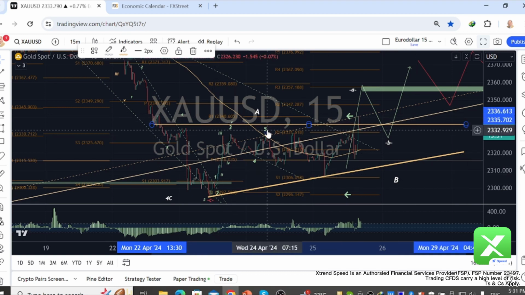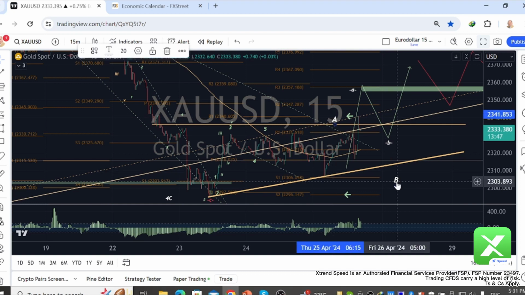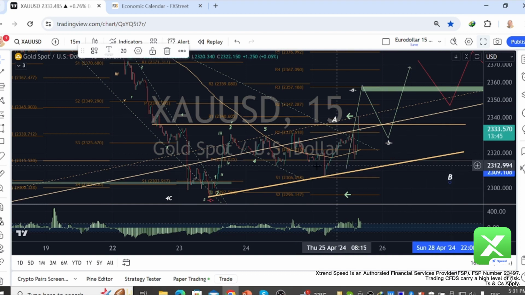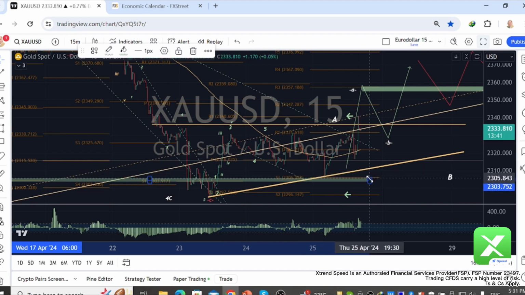If we wish also to extend it further, we can have an E at that point, and we're still going to be doing a B. That's most probable because we have a bounce here out of the level 1. So 1 and the 2, we have a 3, we have a 4, 5, A, B, and C, of course. And then we have a higher degree 1, we have a higher degree 3, and we would have a higher degree 5.